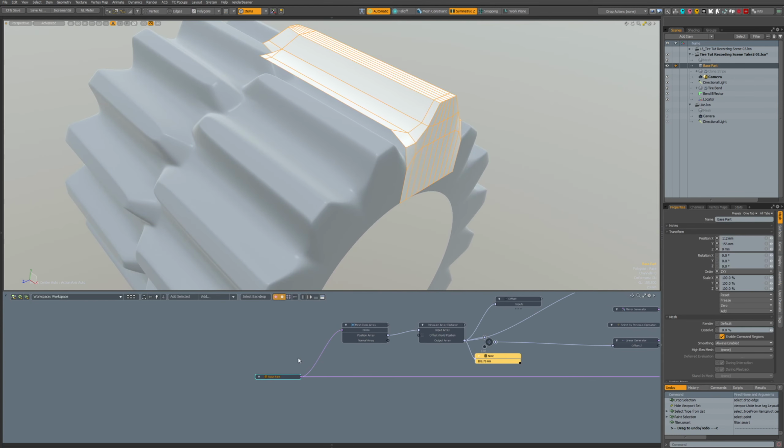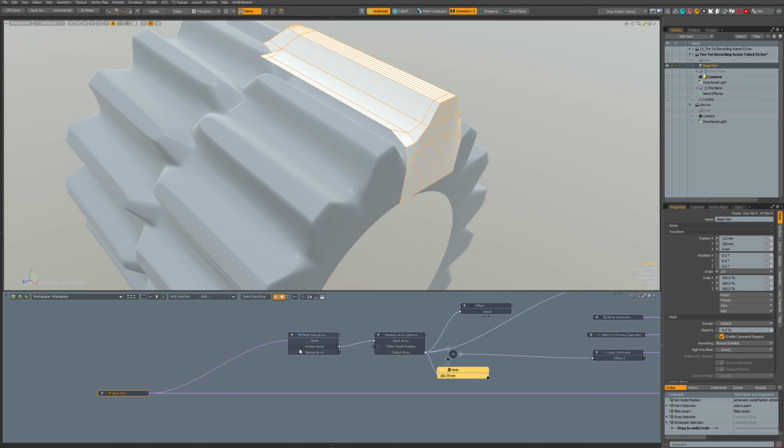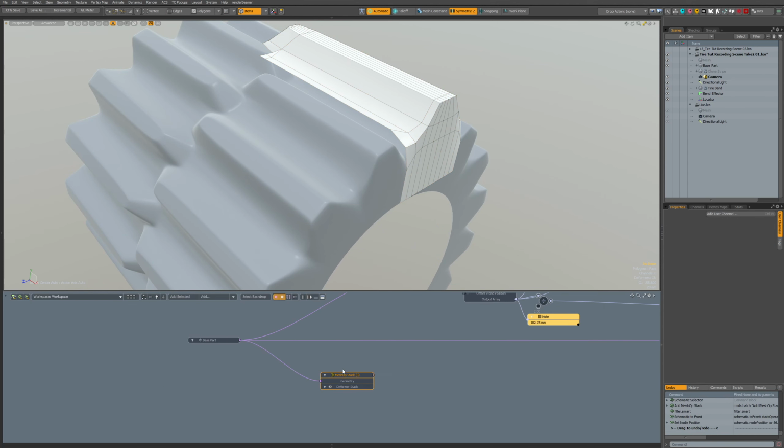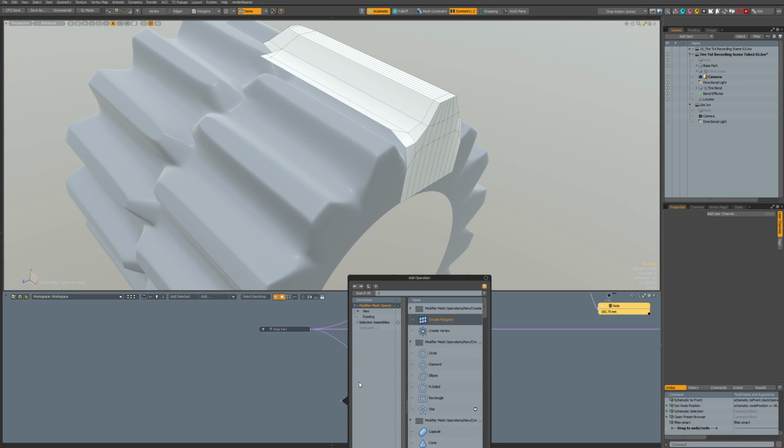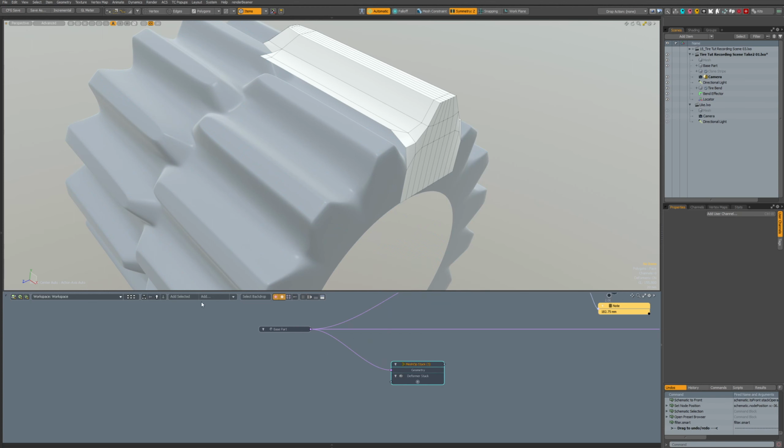So what I want to do here is that as I add modifiers and operators for this part, I don't want to add them straight to that. I could do it like this as a stack, and then I'll add a transform effector. But if we go here, no, it's not there.